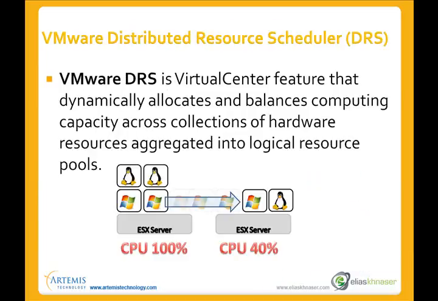More cool stuff with Virtual Center. Distributed Resource Scheduler. What this technology allows you to do is proper resource load balancing. So what it will do is notice that VM1 is consuming a lot of CPU and memory on ESX Server A. But the problem is ESX Server A is running out of CPU and memory and resources. So it will take that VM and migrate it, vMotion it, to an ESX host that isn't so strained on resources, that has more resources available to it, thereby doing a dynamic load balancing of